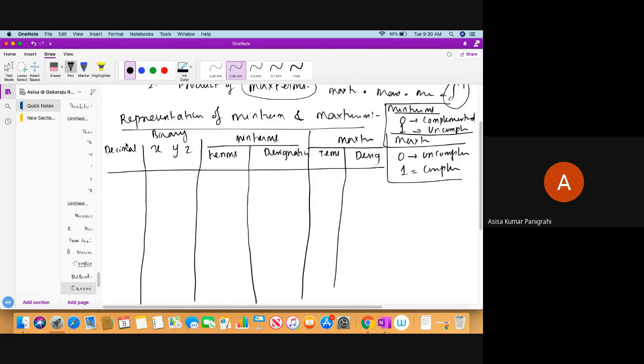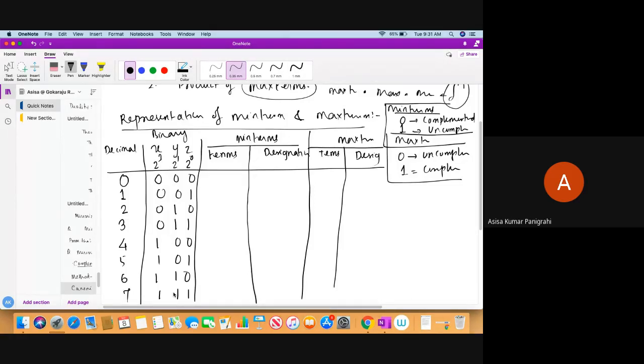This is very important. Let's say I'm going to find the representation of decimal numbers starting from 0, 1, 2, 3, 4, 5, 6, 7. If you are not understanding, ask me immediately, student. How do we represent the binary of this decimal equivalent? Very simple, by using the weightage 2 to the 0, 2 to the 1, 2 to the 2. This will be 0, 0, 0. This will be 0, 0, 1. This will be 0, 1, 0. This will be 0, 1, 1. 4 is 1, 0, 0. 5 is 1, 0, 1. 6 is 1, 1, 0. And finally, 7 is 1, 1, 1. Am I clear, students?